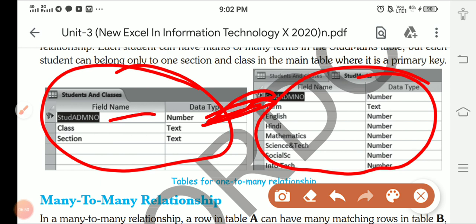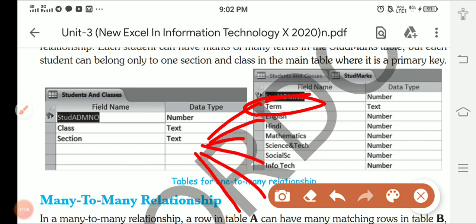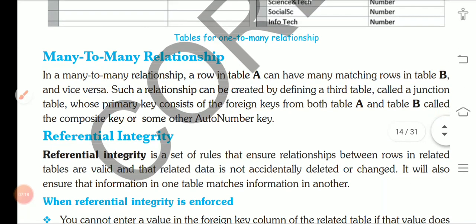Now here every student is having one class and one section, but every student is having more than one term. Okay, so many exams are there, pre midterm, midterm, and then post midterm. So like this, every student is connected with different terms. So different terms have different exams and different subjects containing so many values of the same child. So this sort of relationship is one to many. Next one is our many to many relationship.